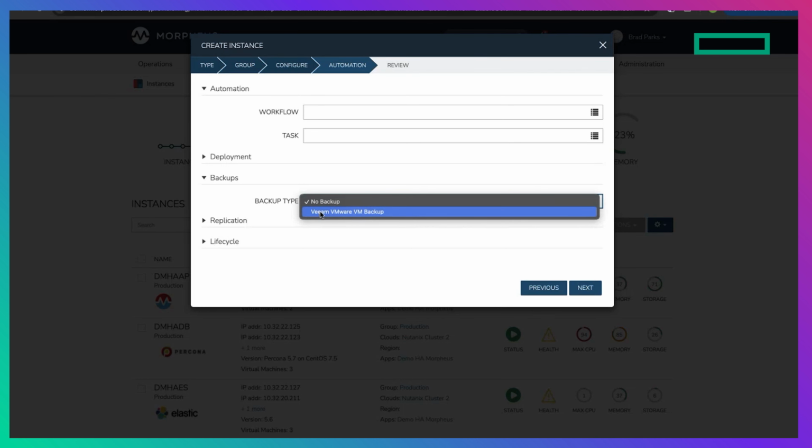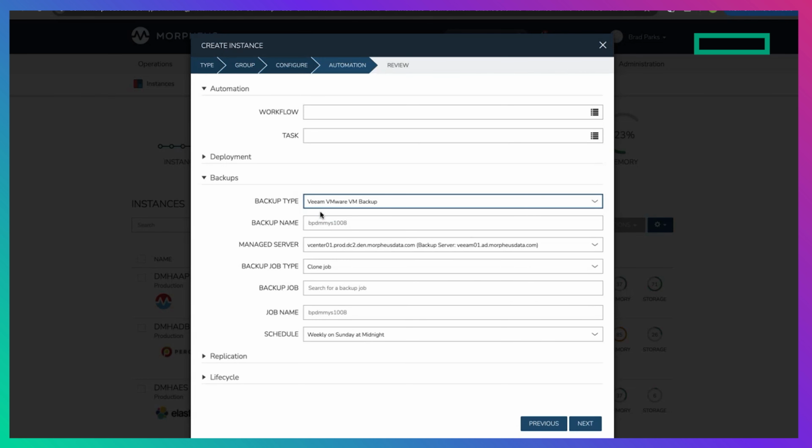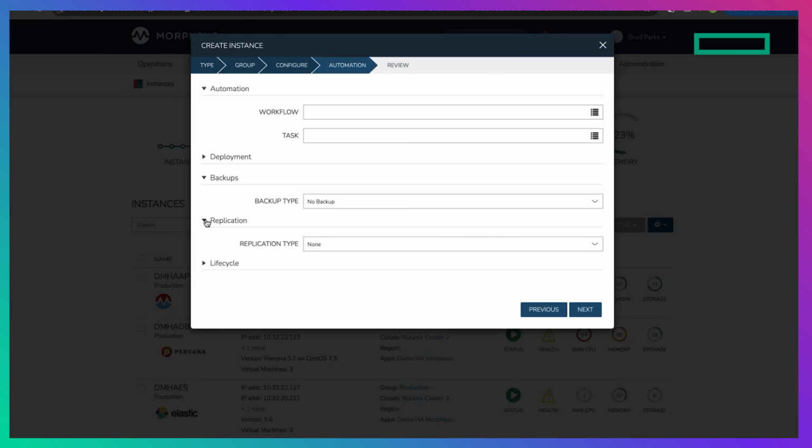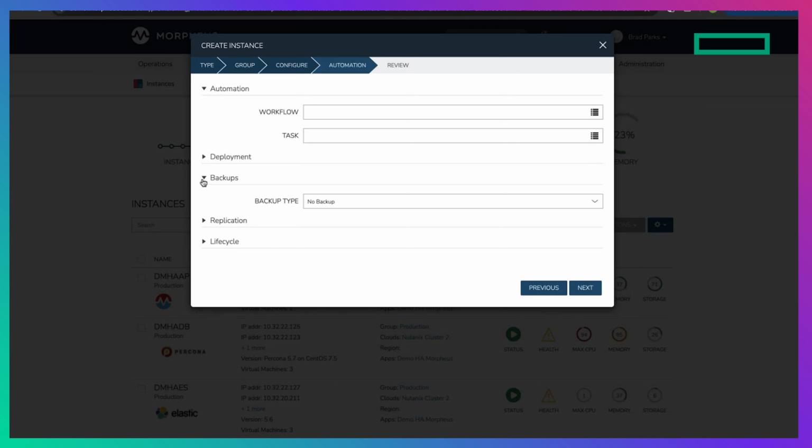So I can say, let's create a new backup job for this database. I can put it on a schedule, connect it to a backup device like an HPE StoreOnce. I can set up a backup job. Now, if I need a higher level of RPO, RTO, I could do replication. So I have integration into things like Zerto if I want to set up a replication set for this database. I can do that all at one time without having to go engage my storage admin.